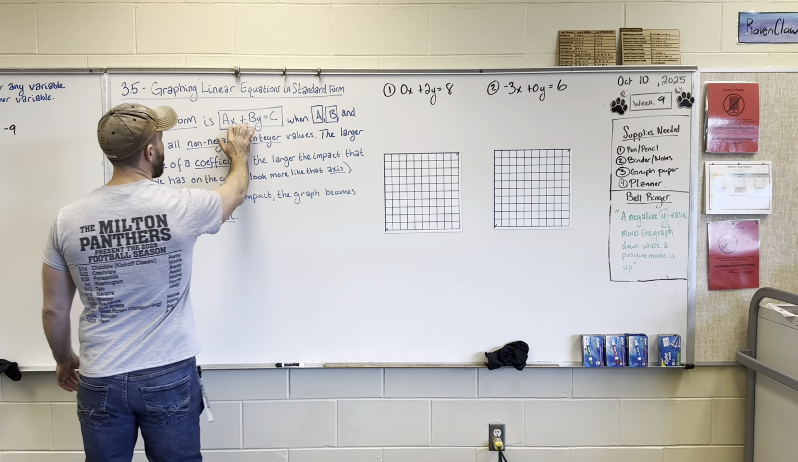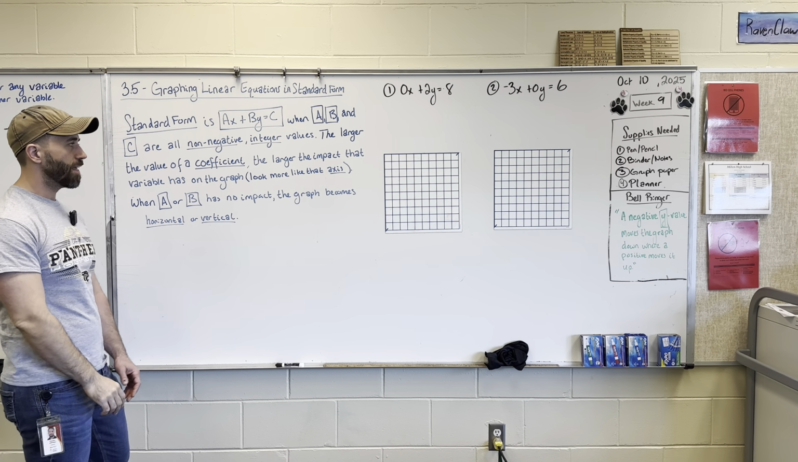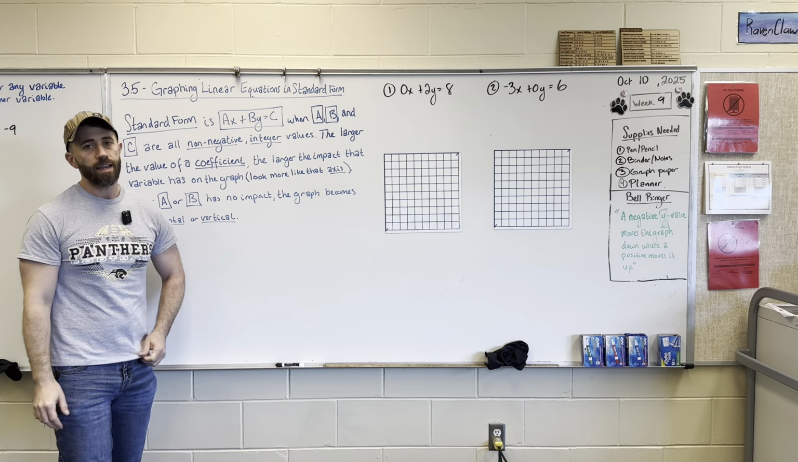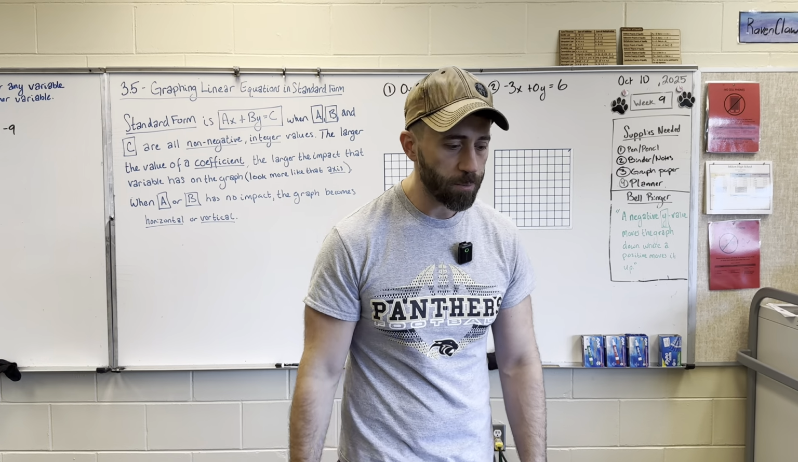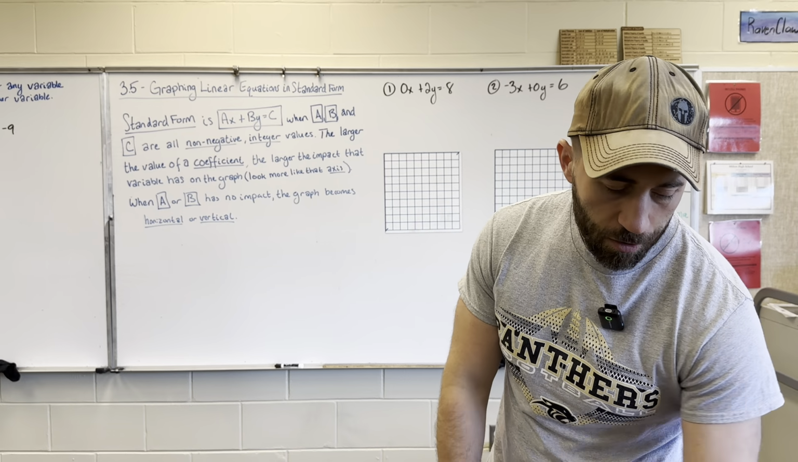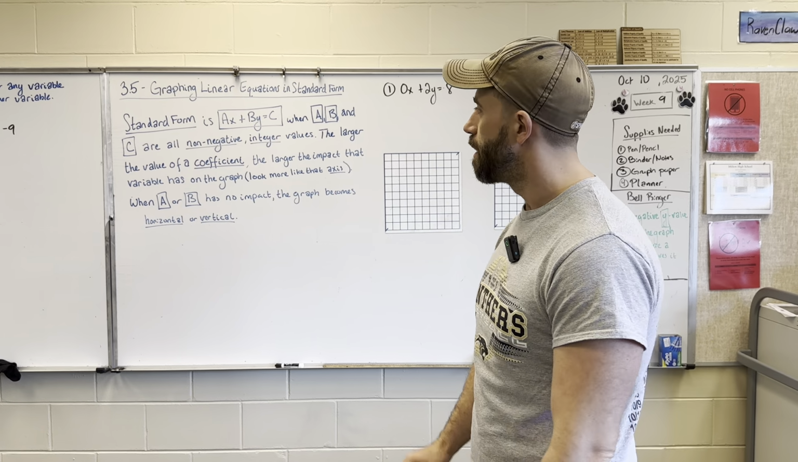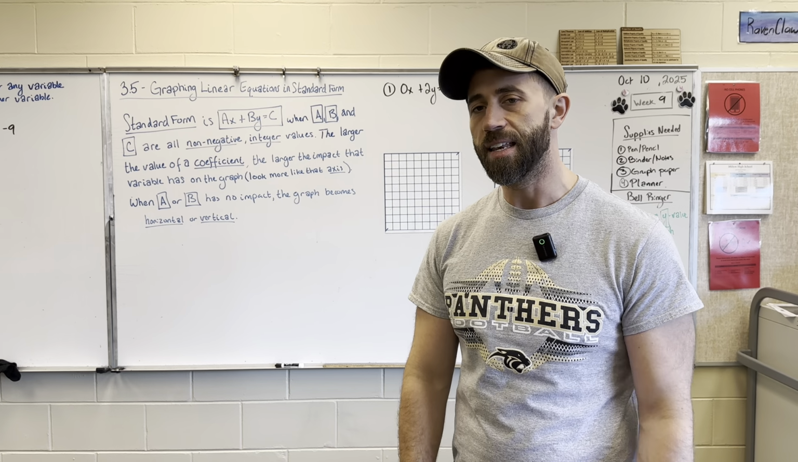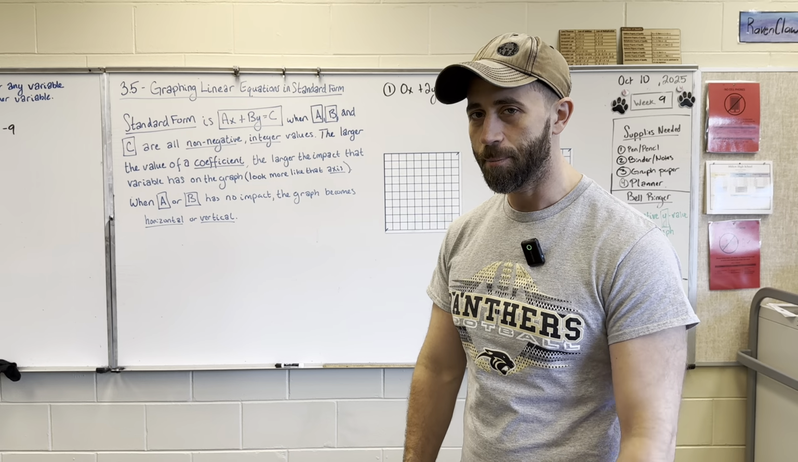So standard form is ax plus by equals c, when a, b, and c are all non-negative integer values. This non-negative requirement you'll see pop up a lot in some of our equation forms, and that stems from a very, very old tradition. If you look back way in the history of how equations were set, a lot of mathematicians didn't like negative numbers, because there was a strong, and I'm not really kidding about this,